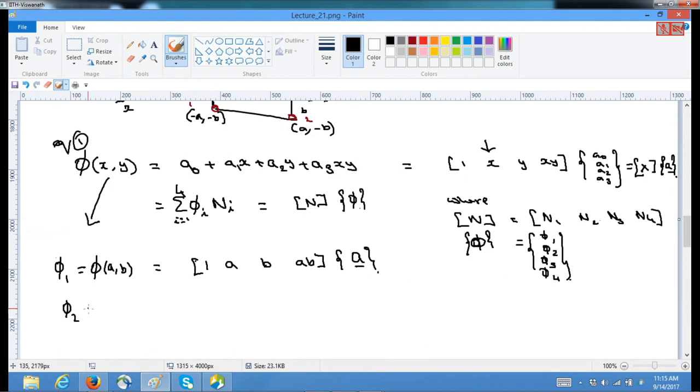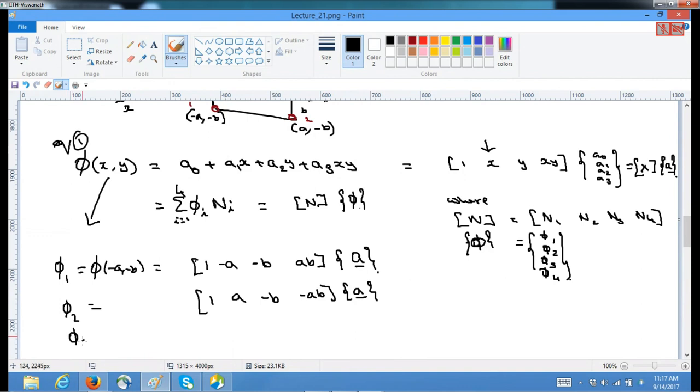Similarly, V2 is equal to 1. Sorry, this is the coordinates of. Let me just correct a small thing. The node 1 coordinates are not A comma B. The node 1 coordinates are minus A minus B. So let me just correct it. So this is minus A minus B. This is correct. So this node 2 is A minus B minus AB,